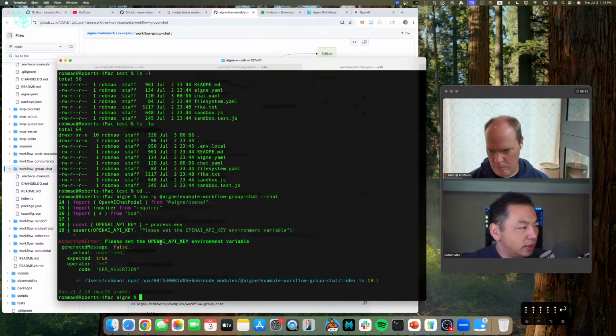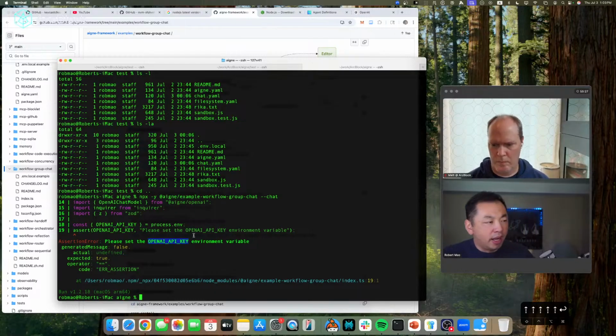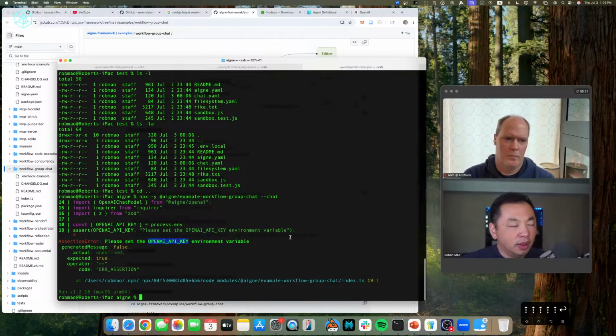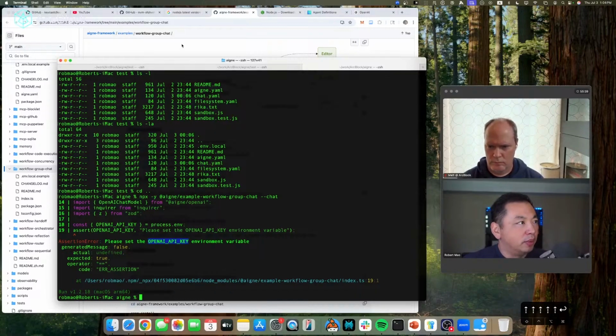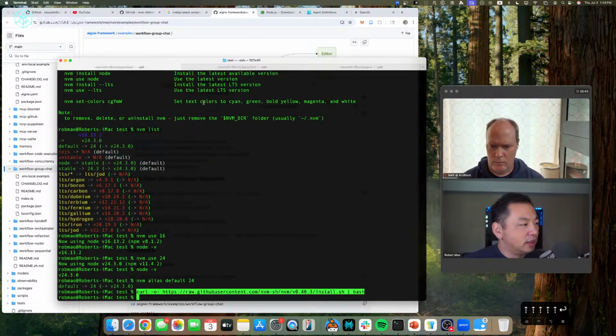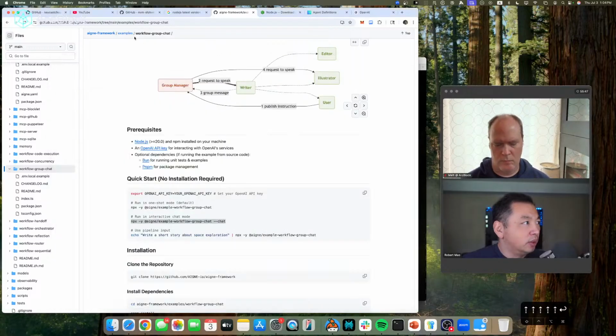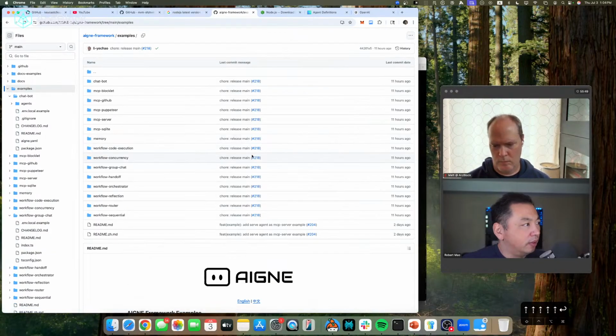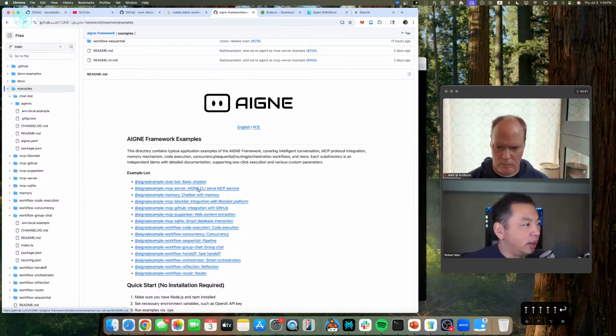The error message tells you to set the API key environment, because if you don't set the API key environment, it's not going to work, right? So that's back to what I explained, that you need to set the API key environment, and once you have this API key environment set up, you can just go to those examples, find them and try to run them.